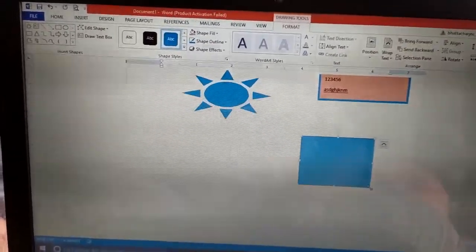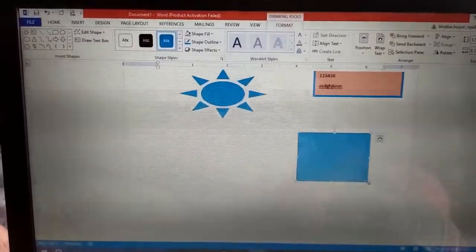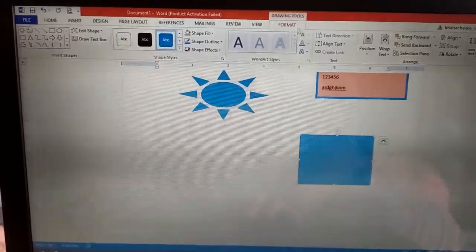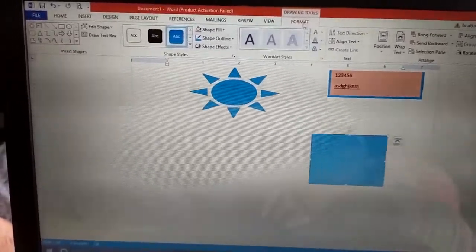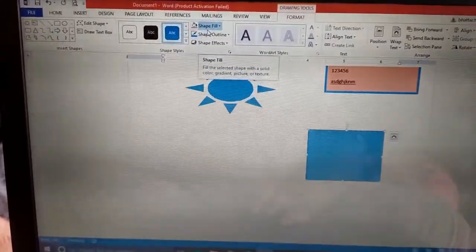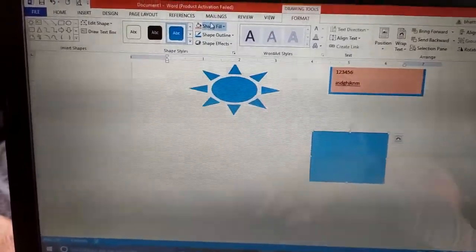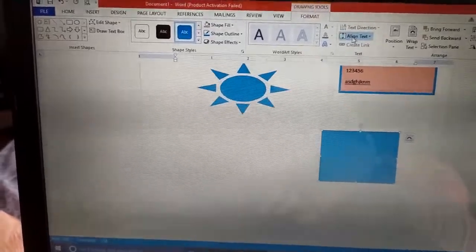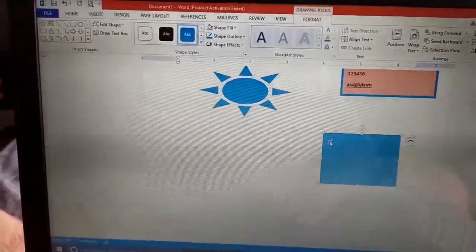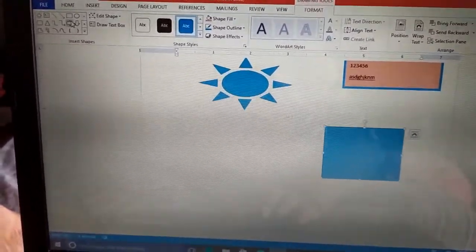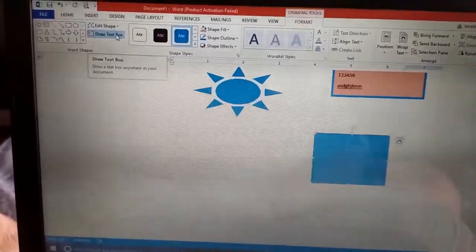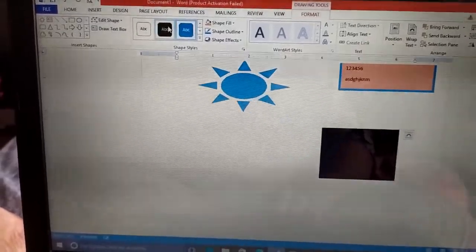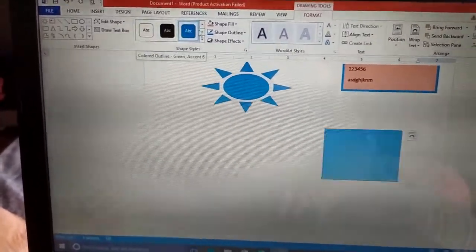Now if we want to format it, same thing. When we select the shape, the Format tab appears. Over here the same options are there for formatting: the shape style, shape fill, outline, everything, alignment of the text. If you write something inside, those things you can change, you can edit it, every option is there. Okay.